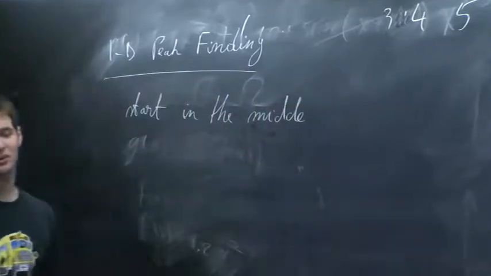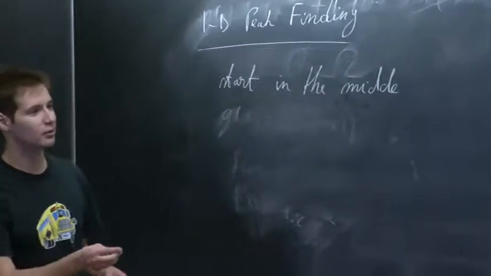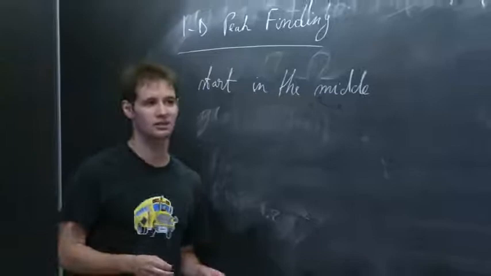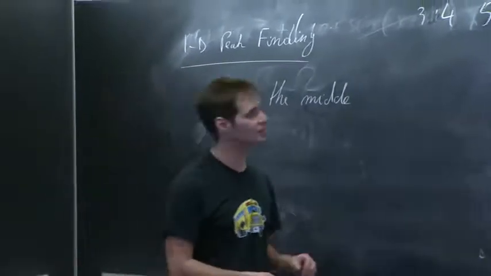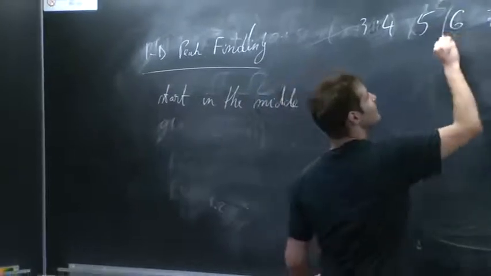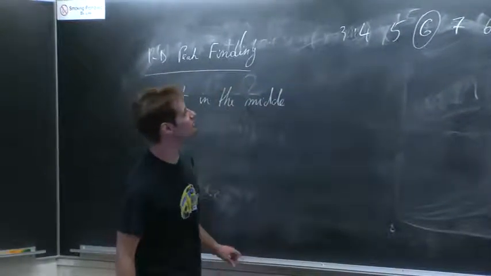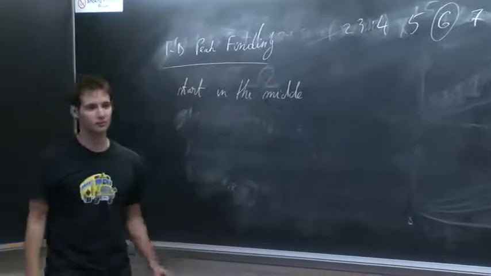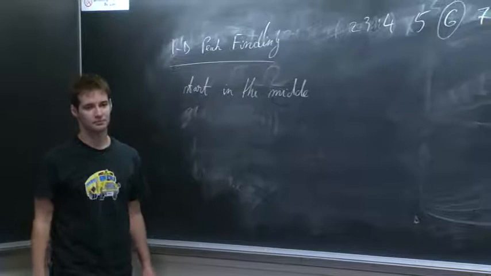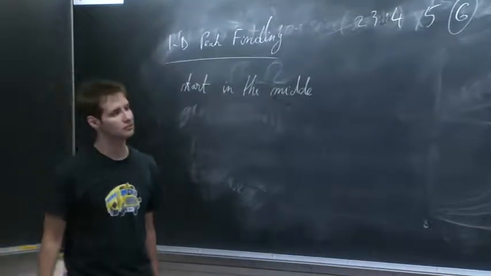Start in the middle. If you write this on your pset, you might want to be a little bit more formal. Someone asked me about proofs. I would say something like start by looking at the middle element of the array. Same thing though. Okay. So let's pretend this is the middle. Now it is. What do I do? So then you can check one side of the middle. So say the right side.